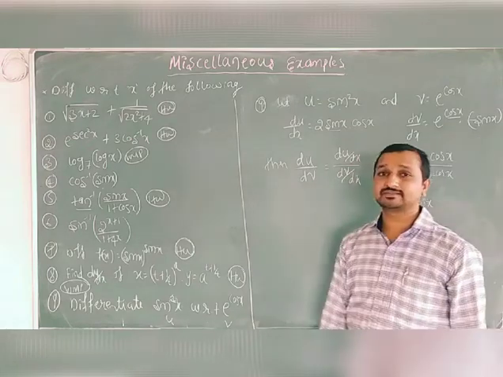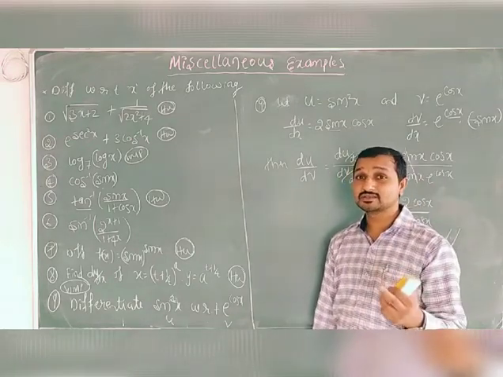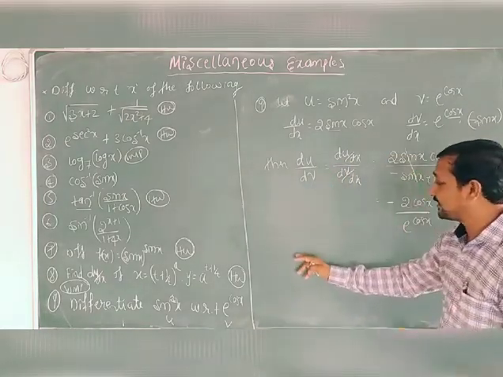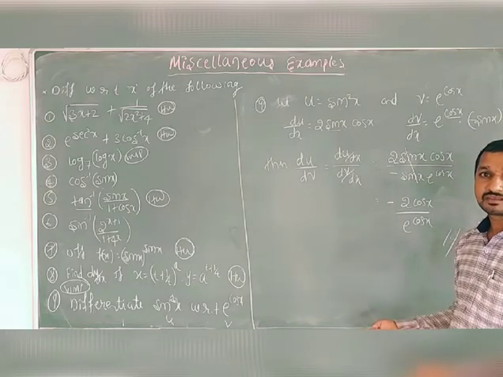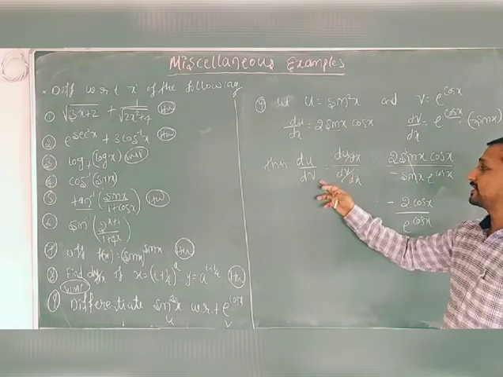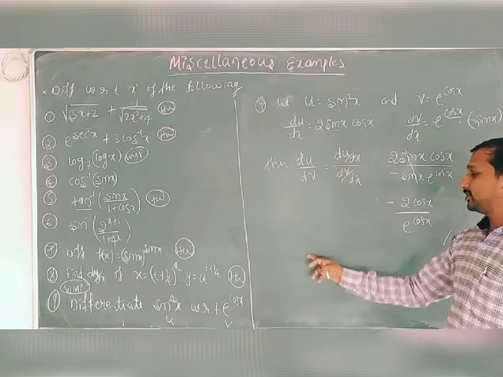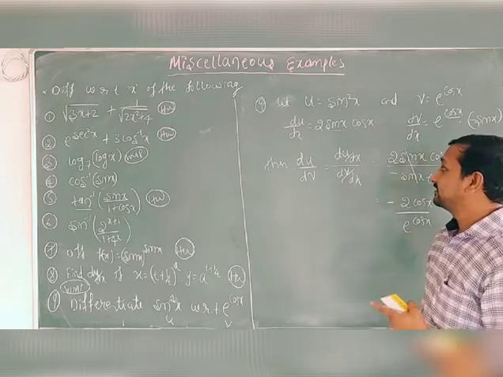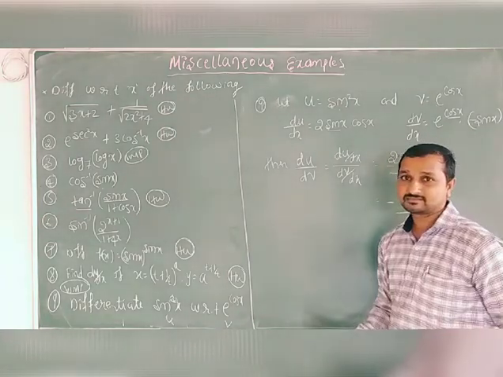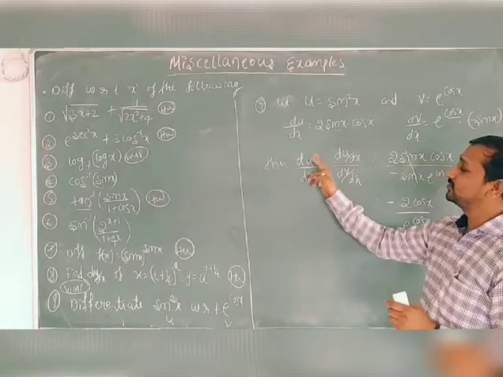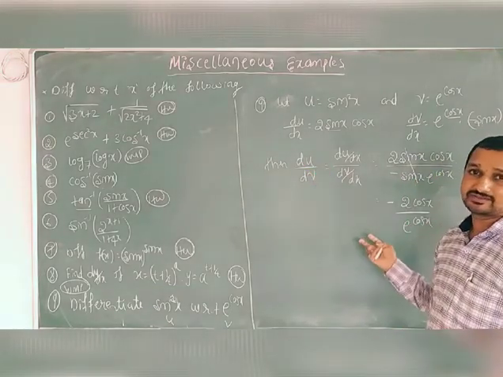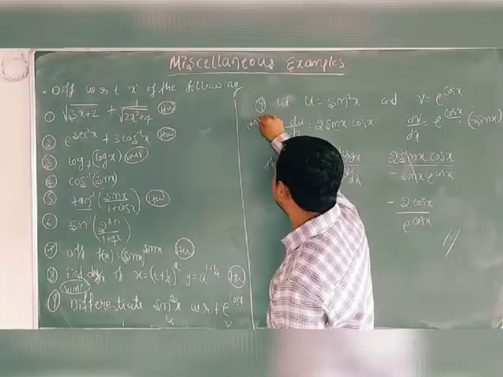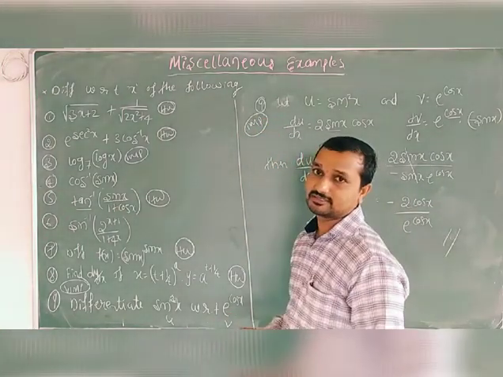Suppose you forgot that point. At that time, you can find du by dv and also dv by dv. Both are the same. If either du by dv is correct, we will give marks. If dv by dv is correct, we will give marks. So if you forgot, you can remember that you can find du by dv and dv by dv also. Is that clear? This is a very important example, friends. So practice this example.